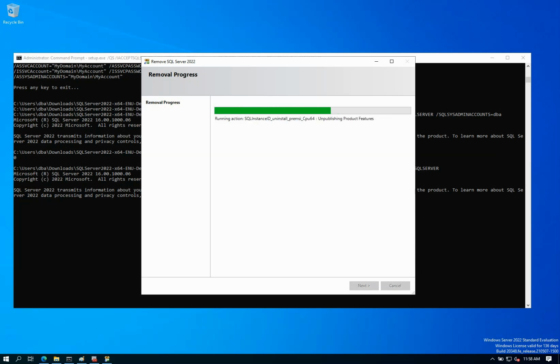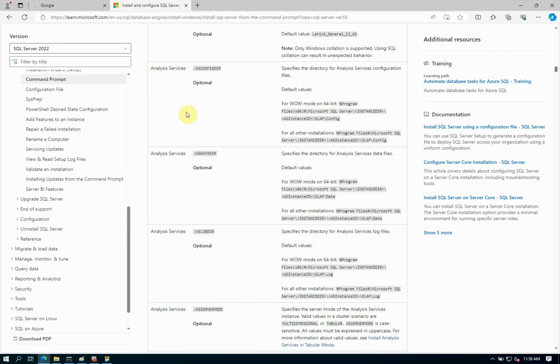However, let me compare the command prompt method with this config file method. I think probably the config file is simpler because